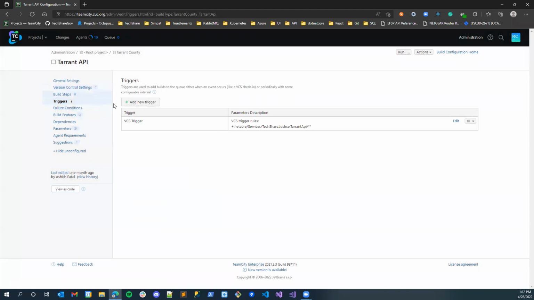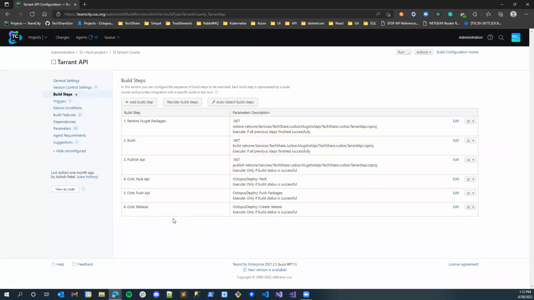A question right here. Is there a way to, I mean, I don't know if there exists a trigger based on a successful deploy on Octopus or something like that? No, that will be probably from Octopus. You'll have to use a TeamCity API to do that, right? Okay. Well, but hold on, in the step for the release,